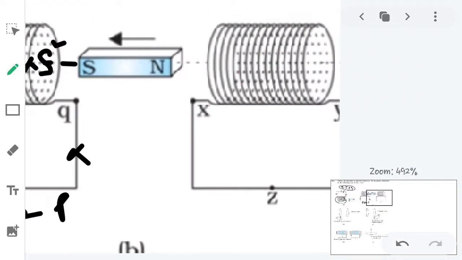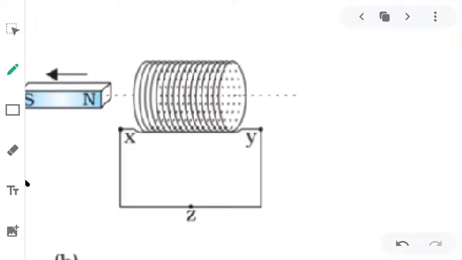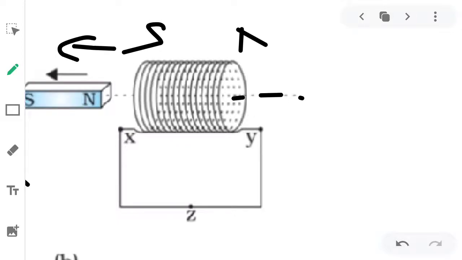Let's come to the other face now here. Here it is a little bit difficult to understand. How? Because the face is hiding behind the page. Okay, this part we cannot understand clearly. So what we'll do now here, north is going away, right? Going away means it will have opposite polarity. So this face will be south. The face we are looking at, that we will focus on. This face of the loop is south. Means this will be north here. North means it will be anti-clockwise direction.